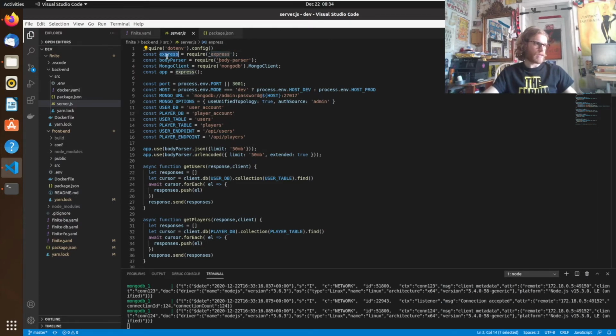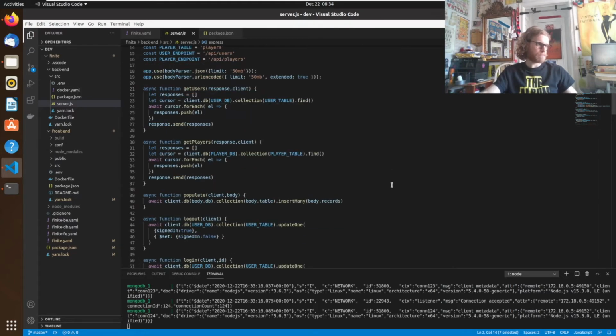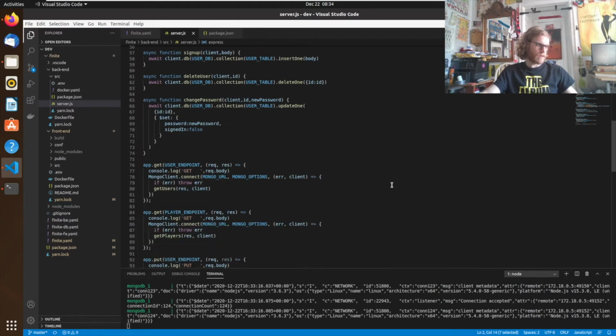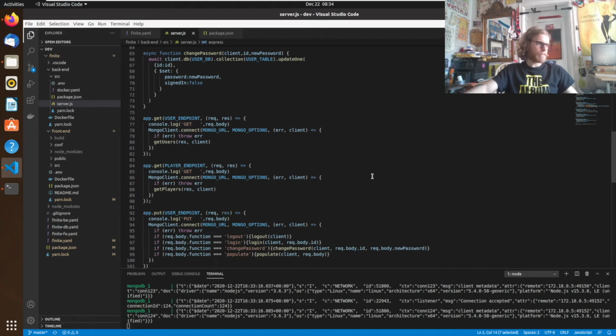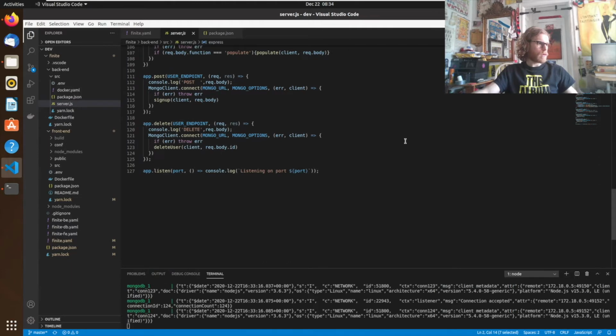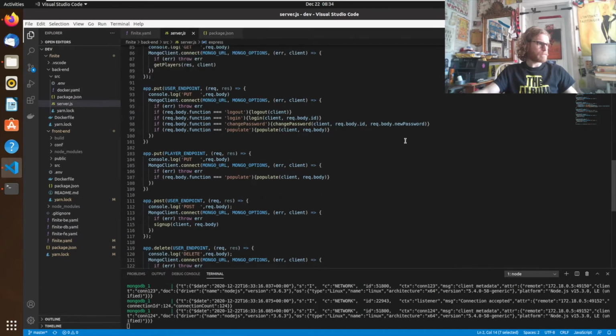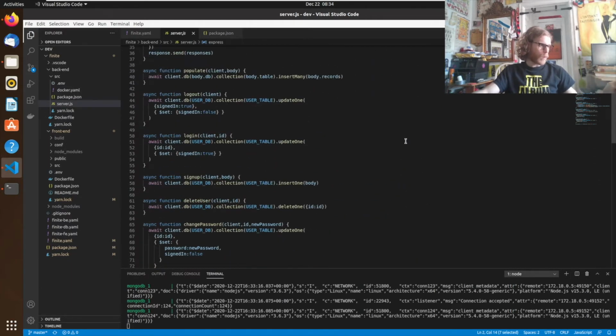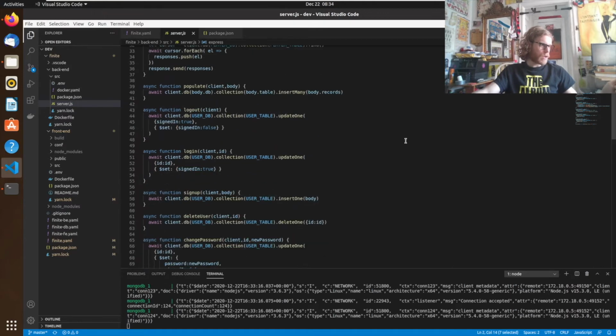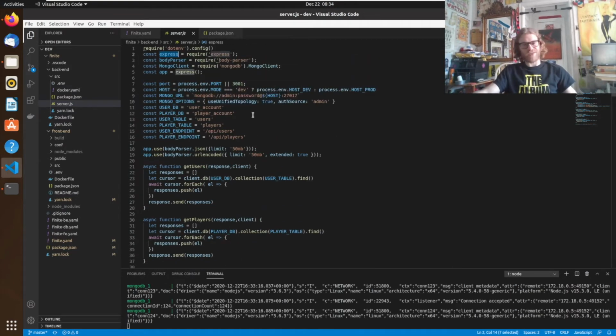So what we're doing with Express is we are saying down here, one second, okay. I was looking for some text, but everything is defined up here so that it can be changed easily. So we're saying build this endpoint right here